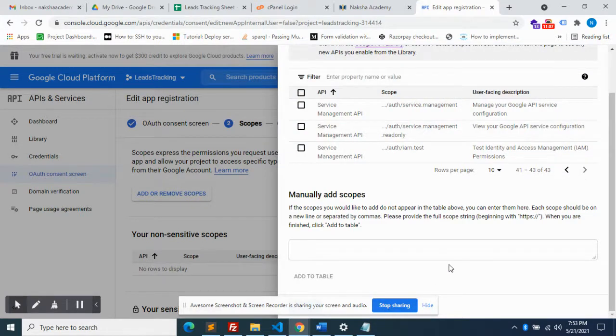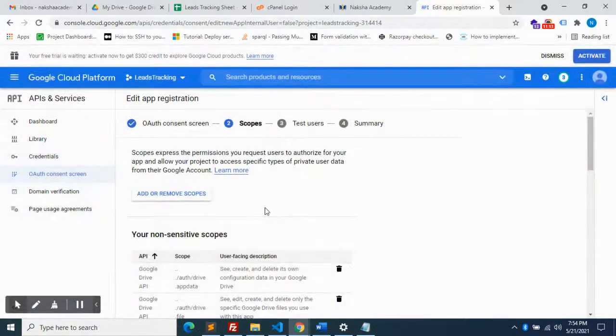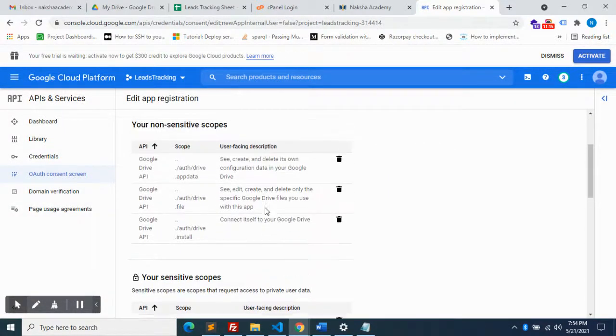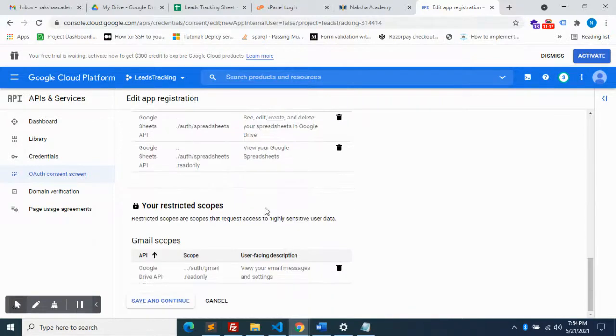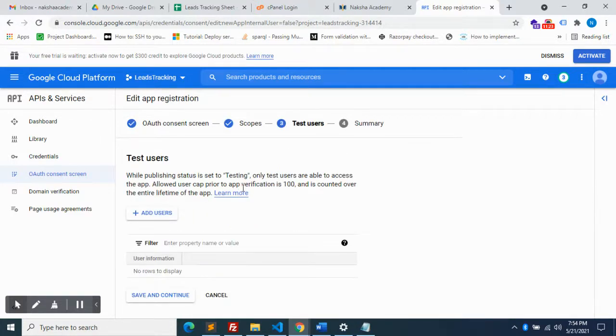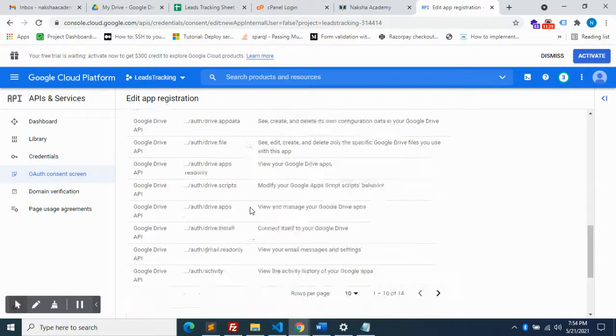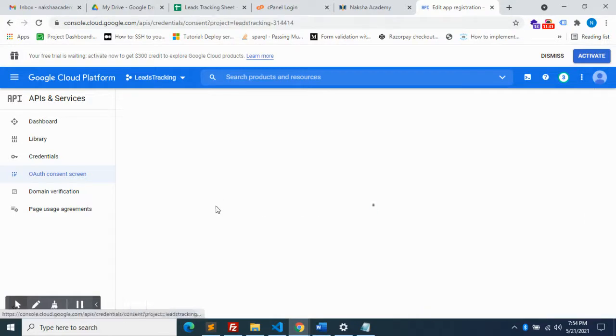Okay, scope is done. Update. Then save and continue. Save and continue. This is all not required. External. So back to dashboard.